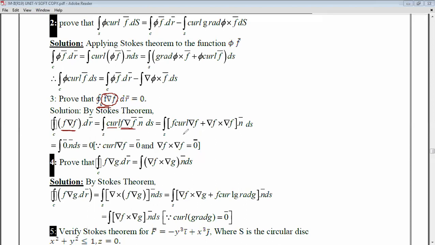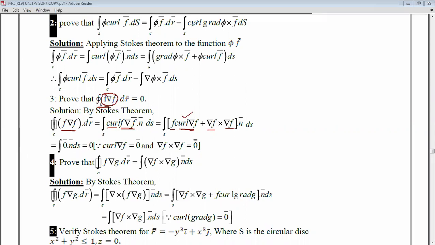Okay, and next here also we applied an identity. So the curl is f into curl del f plus del f cross del f, then dot n bar ds. As the identity we applied, here curl del f is nothing but curl grad f. Just now we proved that curl grad f is equal to 0 bar, right? And this is del f cross del f. If you apply it for two scalars, obviously it is nothing but 0 bar. So that's why here we wrote 0 bar dot ds. Simply we get it as 0.